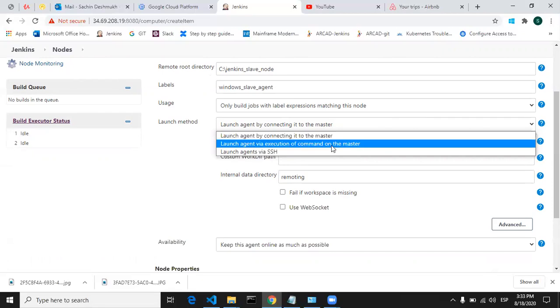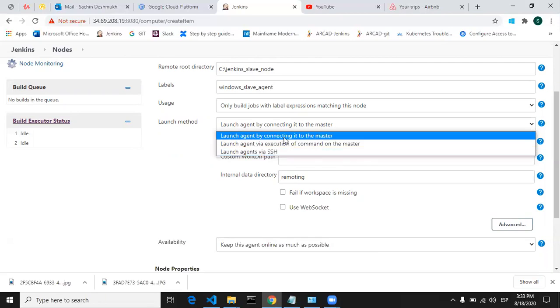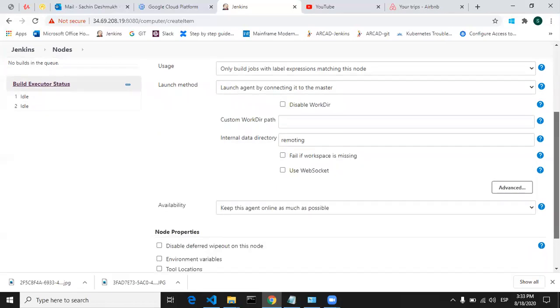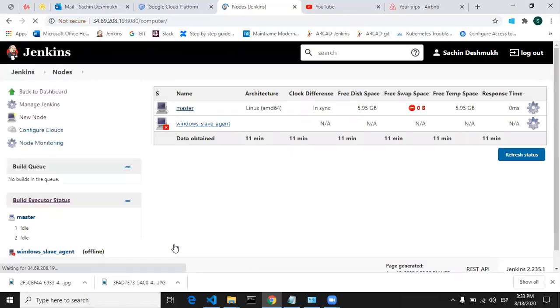The second option is Launch agent via execution of command on the master, where we have to provide some commands to run that agent. The third option is Launch agent via SSH, which is used while connecting a slave agent hosted on a Linux operating system. But as we are connecting a Windows slave agent, we are selecting the first option. Then we don't have to do any operation over here, and we just click on Save.